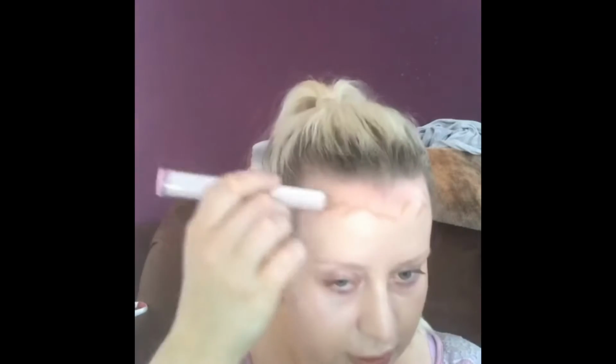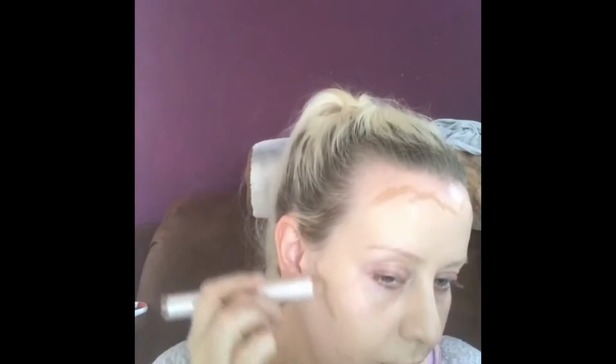I'm going to use a bit of this and a bit of the Bobbi Brown. Bobbi Brown? No, Barry M. I don't know, I always get them mixed up. So I'll go around all the usual places with this, and then I'll deepen it with the Barry M one because this is lighter than the Barry M. Barry M's quite dark, so I just use a small synthetic brush